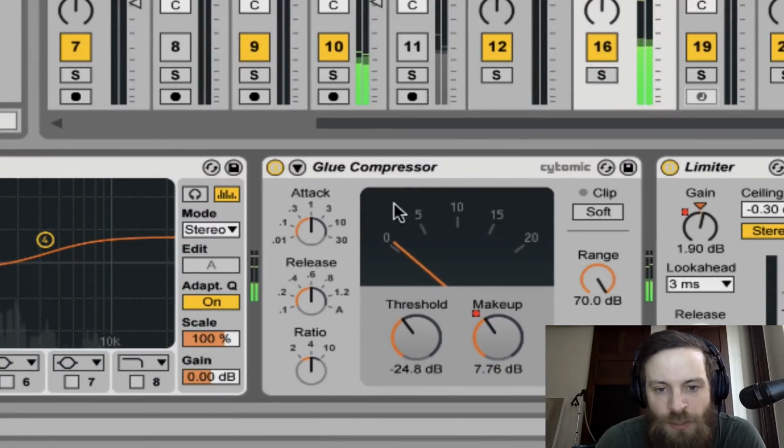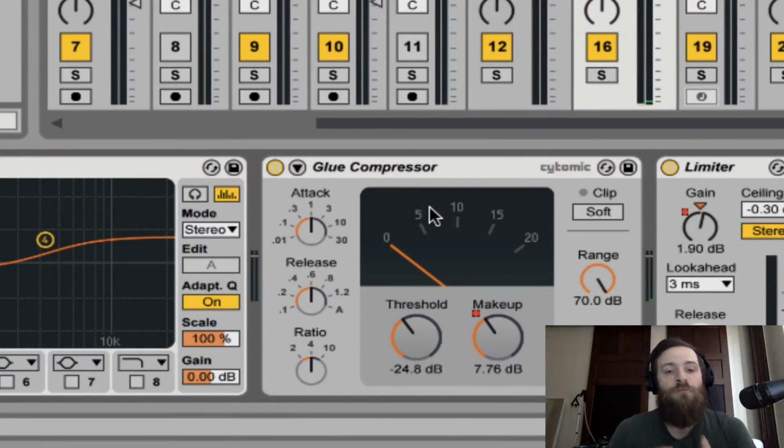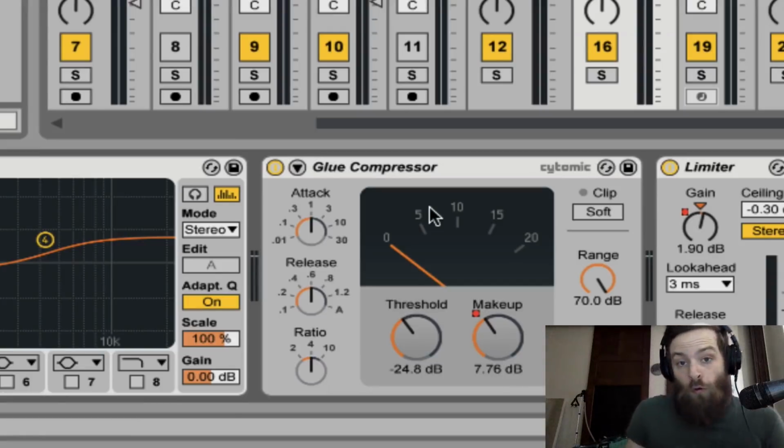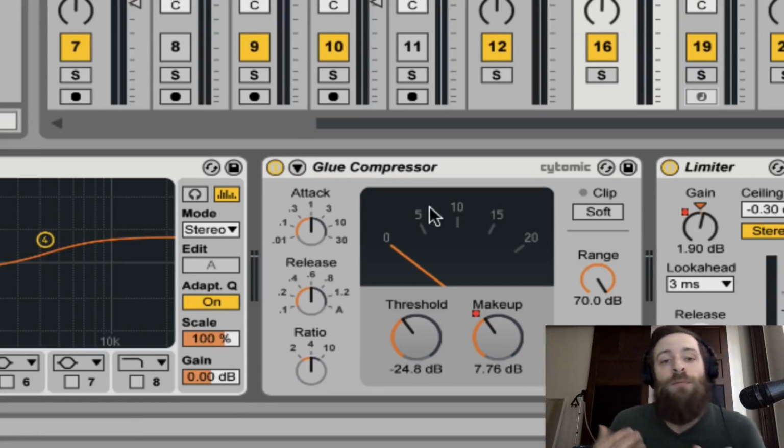And you can see that I didn't go crazy with my gain reduction. This is a general rule I have, and I talked about it with an upcoming podcast that I did with Scott here for Audio Skills. If you have anything with more than 5 decibels of gain reduction, you're running the risk of overcompressing the vocals. So you can see here,